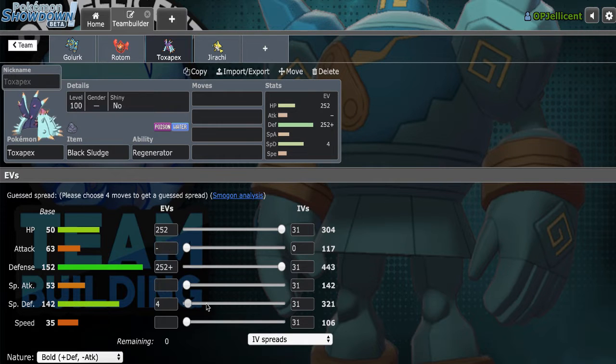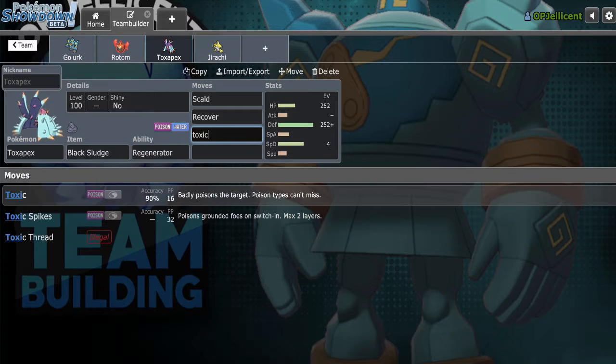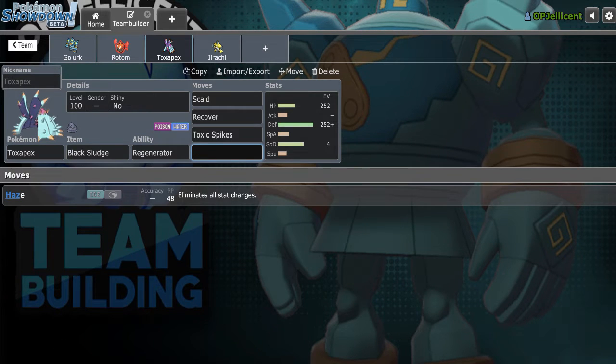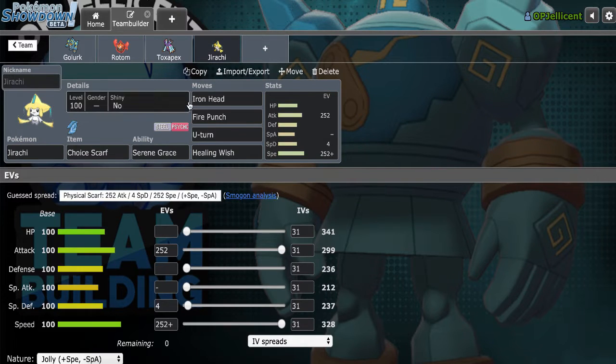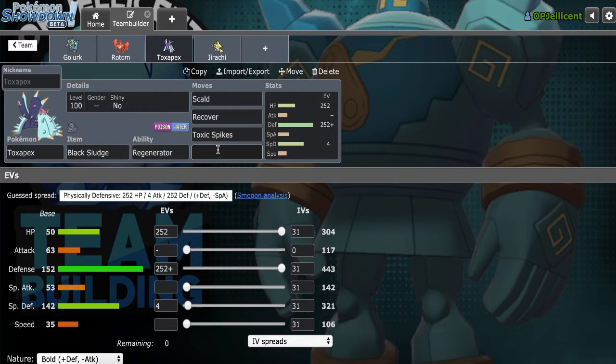We'll go minus attack. I don't think it's worth going minus speed, and then we'll go Scald, Recover, Toxic Spikes like I mentioned, and the last slot is interesting. I can go Haze, which is good against Cloyster. I can go Knock Off, which is really useful against Ferrothorn. I don't think I'm very worried about Ferrothorn, just because Fire Move, Fire STAB, and then Iron Fist boosted Fire Punch, so we'll go Haze right now,